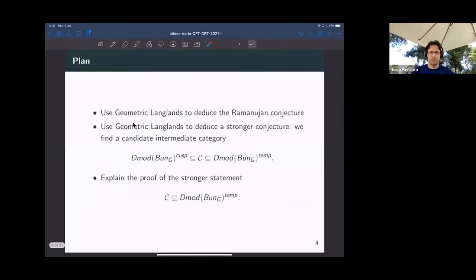Right, so here's the plan for the talk. So far was the introduction and the statement of the main theorem. So now for the big part of the talk, I just want to play with the geometric Langlands conjecture. So this is a conjecture. Nevertheless, I'll use it to deduce that the theorem that I stated before is forced on us by geometric Langlands, so that no correction is needed. I'll explain that it follows from geometric Langlands. So far, at this point, I'm not doing anything. I'm just playing with the conjectures.